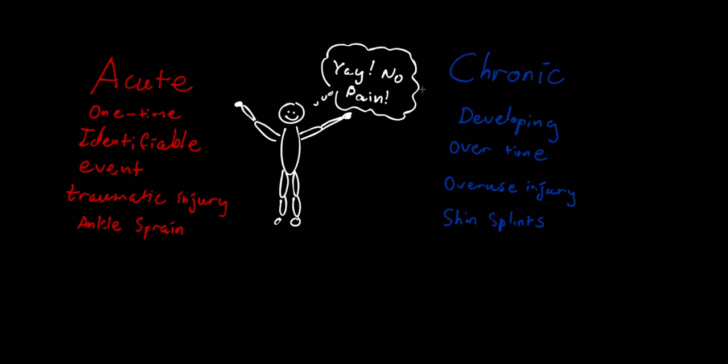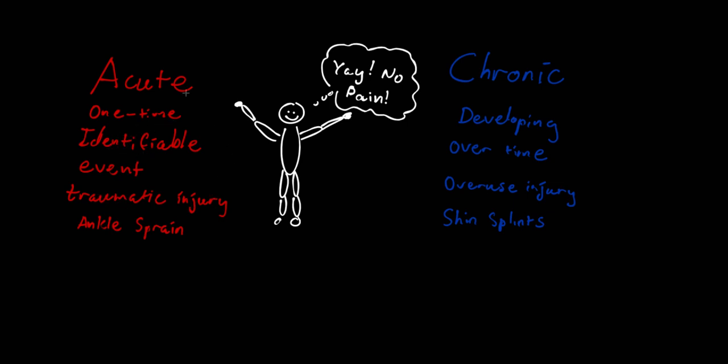All right, so acute and chronic injuries. What is the difference between the two? Acute means it occurs like there's an identifiable event. Acute is relating to a short period of time. So there's something that happens, an event that happens, and then something was one way and then it changes.